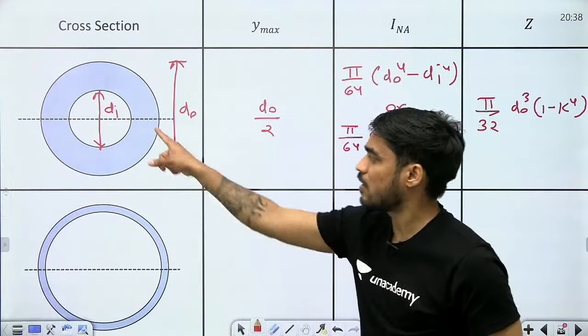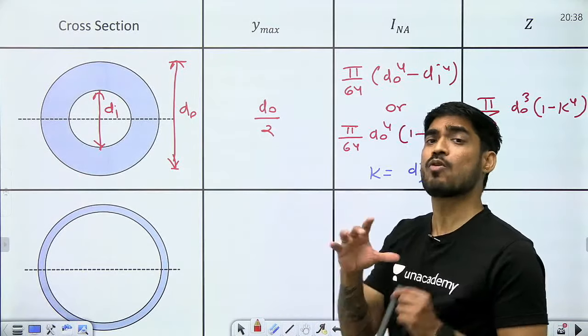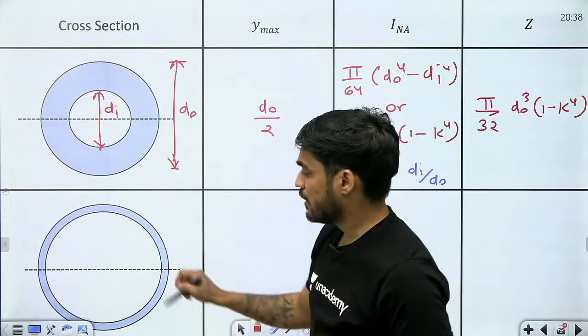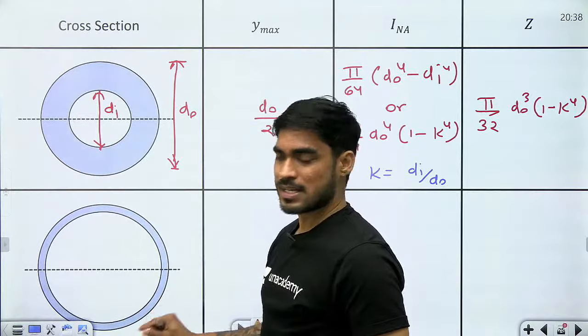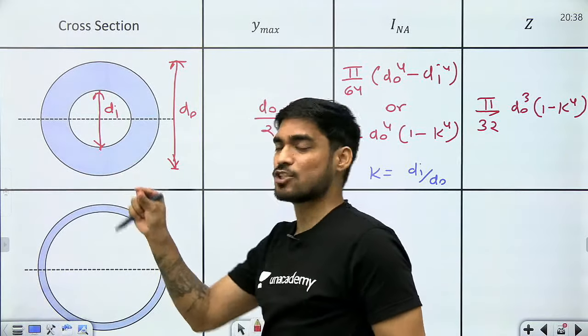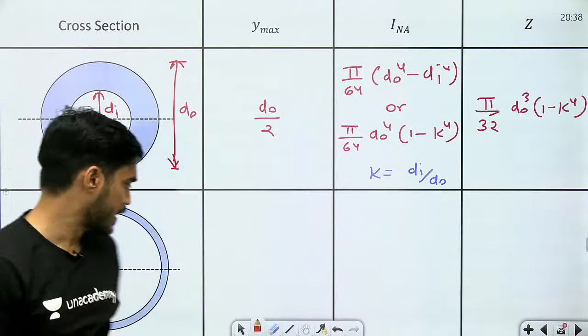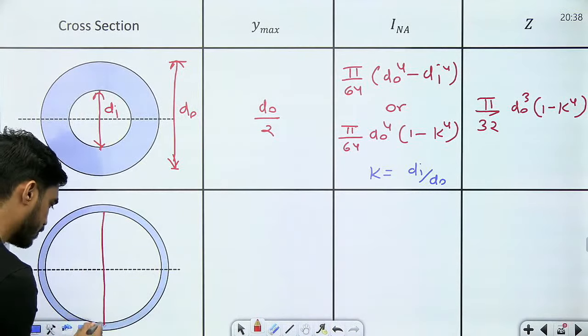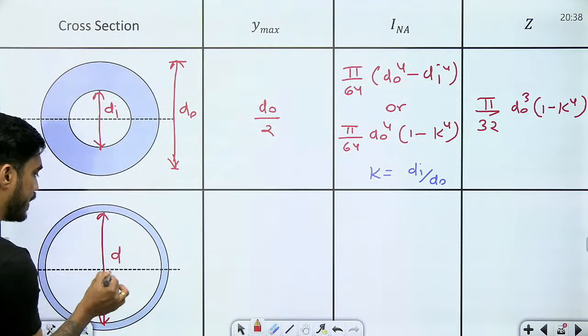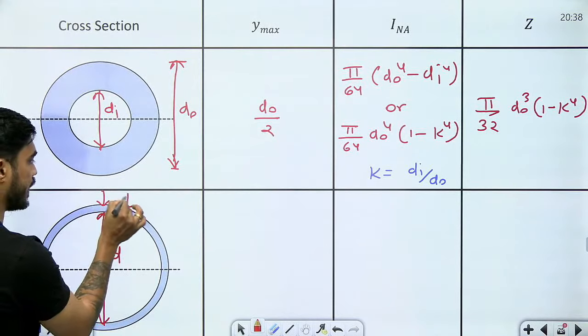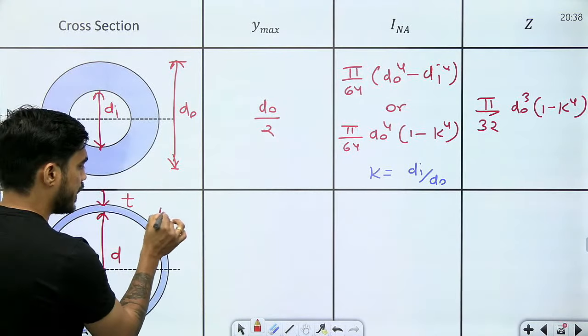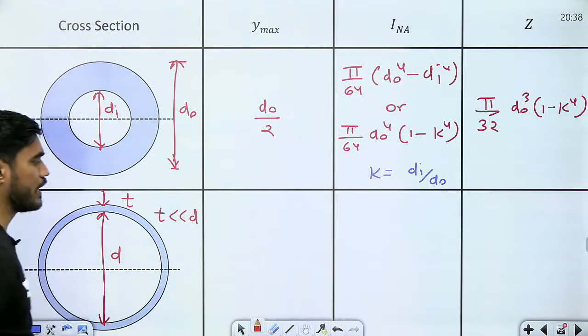अब ये वाला hollow circle और ये वाला hollow circle अलग अलग है, क्यों अलग अलग है? Understand it. बेटा in this hollow circle the thickness is very small compared to the diameter. Let's say this is the diameter, ठीक है, मान लो ये diameter है and let's say this is the thickness, ठीक है। So here thickness is very small compared to diameter.